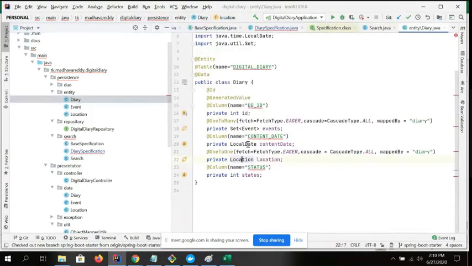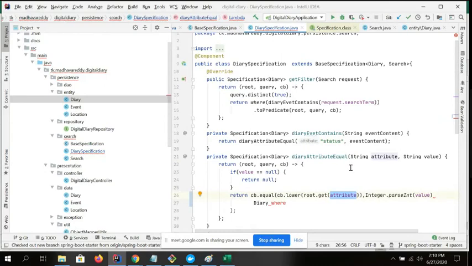A simple example is status, because if you go for a relationship, it will be an object, and that will be tough to understand. So where status equals to, and whatever value you are passing. Status equals to 1.